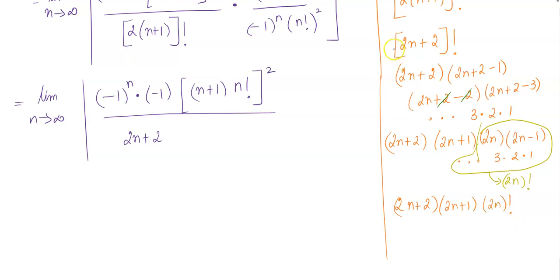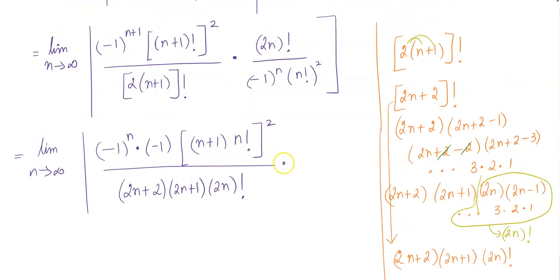That's what this reduces to. And so I'm bringing that information into my step, and I would say 2n plus 2 times 2n plus 1 times 2n factorial. And here we have 2n factorial over negative 1 power n factorial